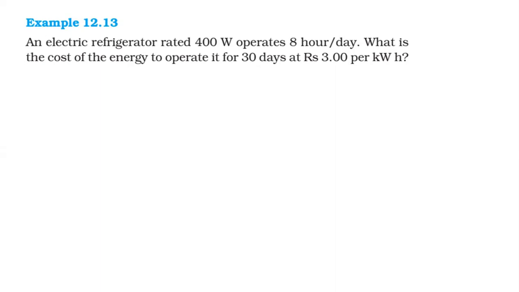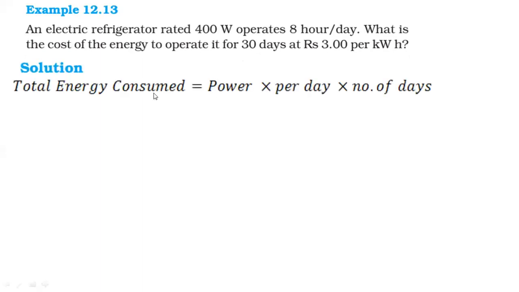So first, to calculate energy, we need its power rating. Let us find out how many units it is using. Then we can multiply with the rate. Total cost is nothing but the rate into that value. We already have the per unit rate, that is rupees 3. All we need to do is multiply with total units. So first we will find out total energy consumed. How can we find out total energy consumed? Power is equal to energy by time, so energy would be equal to power into time.